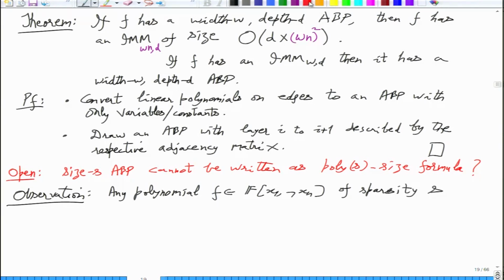What is sparsity? It is the number of monomials on which the polynomial is supported, or an upper bound on that. So, if the sparsity is less than or equal to S, if there are at most S monomials in f, and say it has degree D,